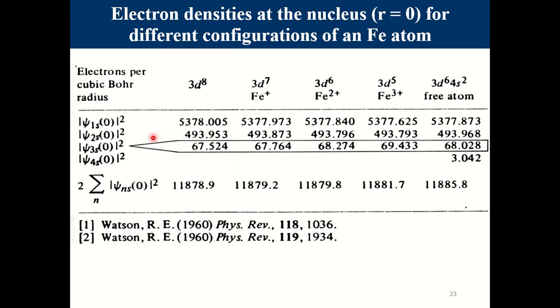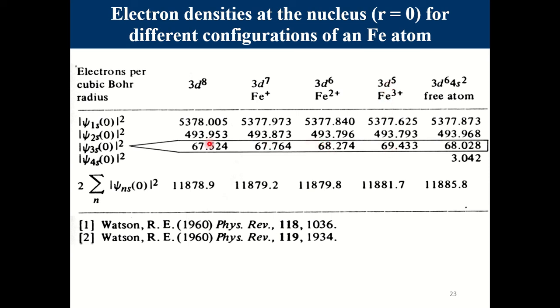Typically, calculations are shown here for 1s with variation in the electronic configuration: 3d8, 3d7, 3d6, 3d5, and 3d6 4s2. So this is the free atom Fe0, zero valence state, then Fe3+, Fe2+, Fe+, and this is the situation. So Fe+ has 3d7 configuration, then 3d6, 3d5, and so on. As the number of electrons in the d orbital increases, you can see, with the increase in d electrons,